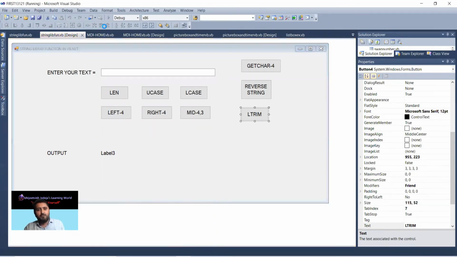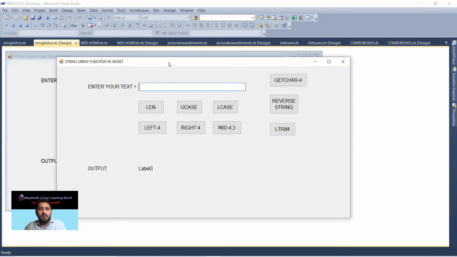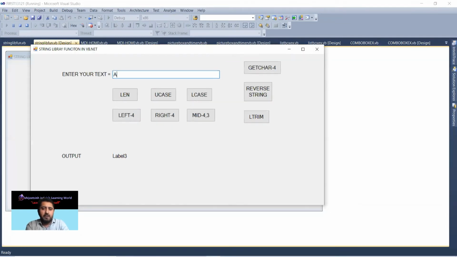This is a key function, a library function, and I use it. Abhijit, get character 4, then the 4th character is I. Look, I comes. If I write India, again I comes, because in India also the 4th character is I. Rudra, then R will come.